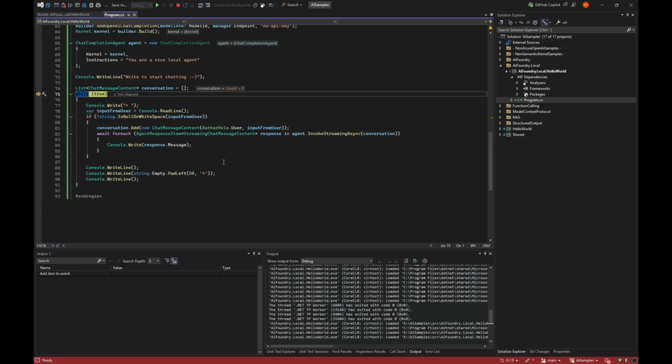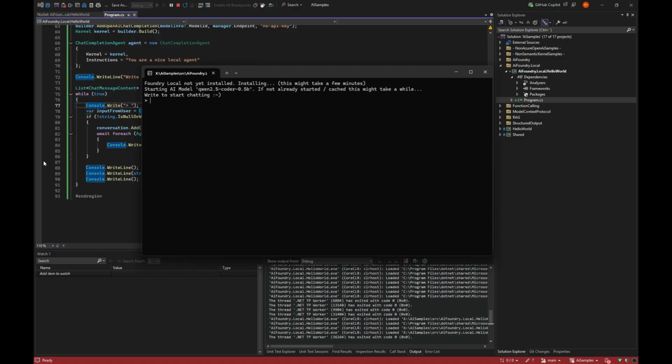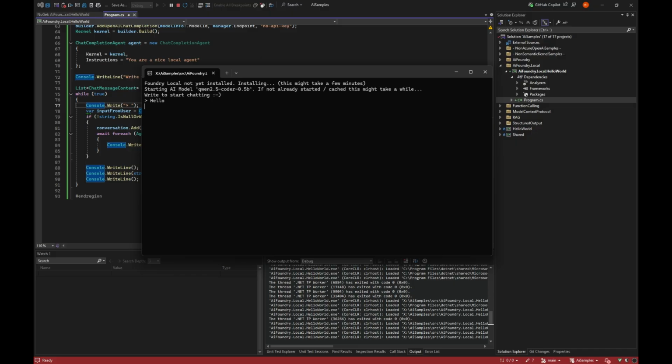And then we have the normal thing, just copy pasted from Semantic Kernel's hello world, where we go and ask the user about something, hello, and it will come back again with a fairly long question because it's a very low level model, but that's just my machine's capabilities.